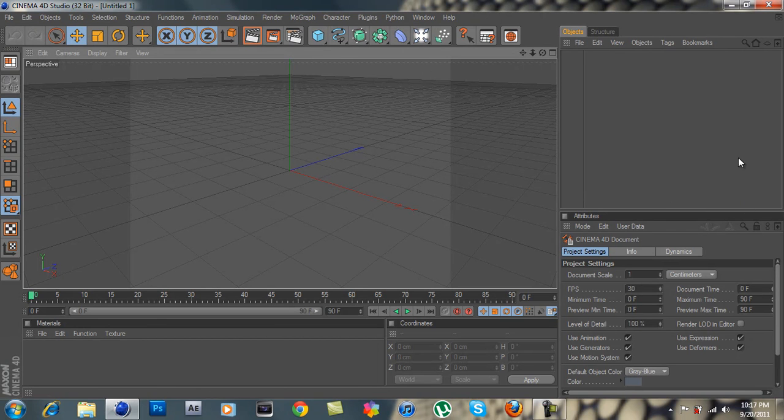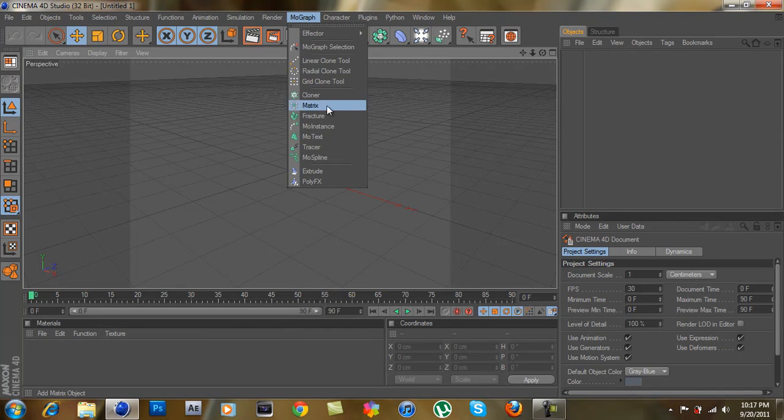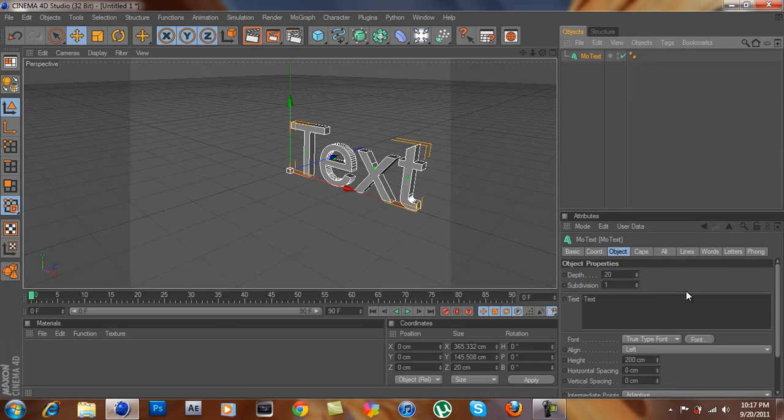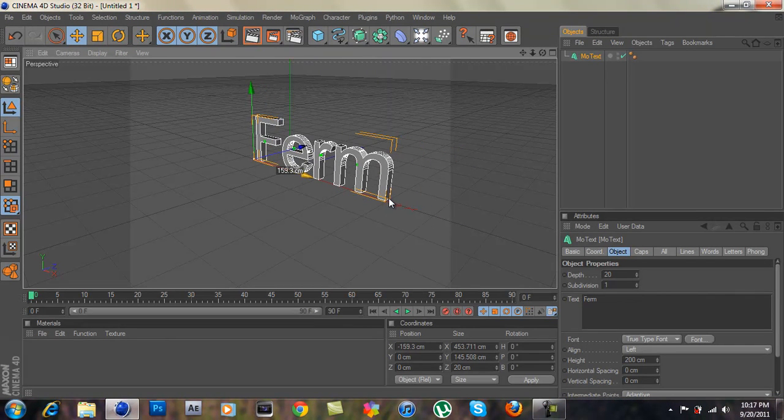Once you've opened up Cinema 4D, if you already know the basics, we're going to make some starter text. So what we're going to do is go up here to MoGraph, and when you're up here, you're going to go to MoText. This will basically create a text object that you can name whatever you want. So for this, why don't we put Firm, just like that. Alright, so once you've made that,